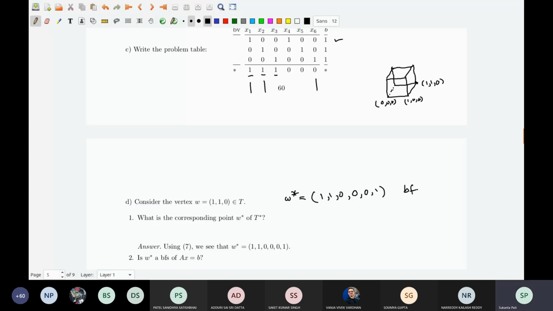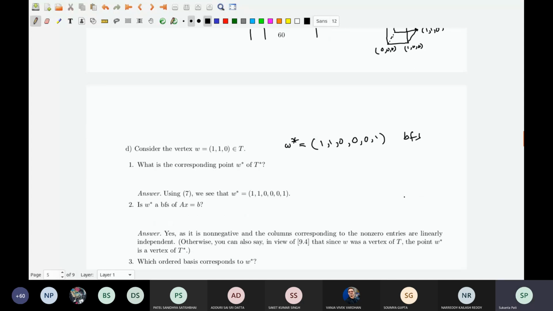And a BFS means it is a vertex of that R6 structure. That structure, whatever structure it is, it is a vertex of that. Anyway, fine. But I am only seeing the R3 structure. I cannot see the R6 structure, but I understand that this one is a vertex of that one. Fine, no problem. Is it a BFS? Of course it is a BFS, as I said. Fine.